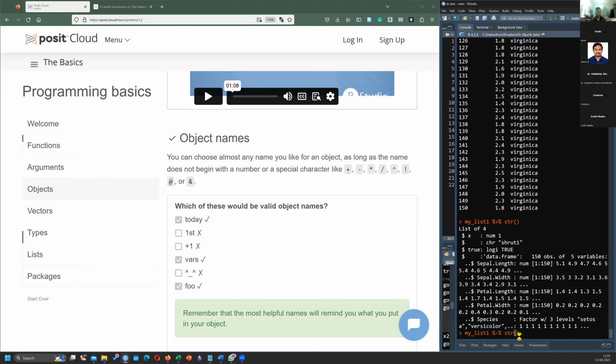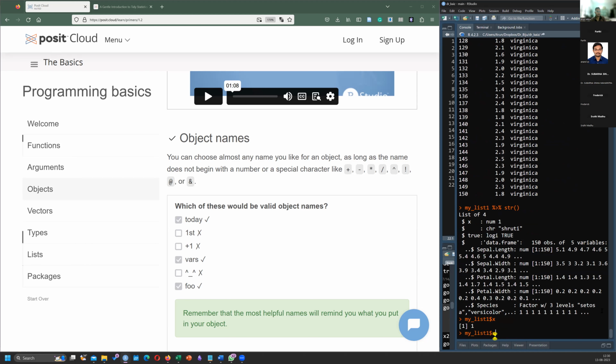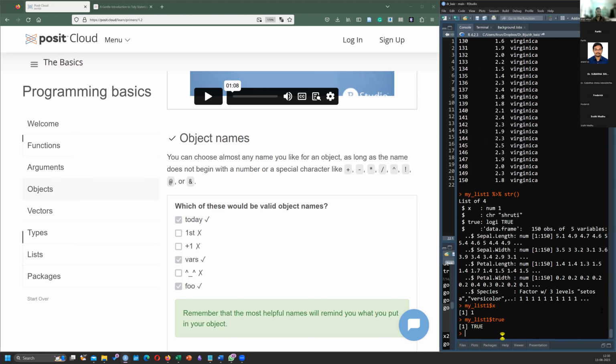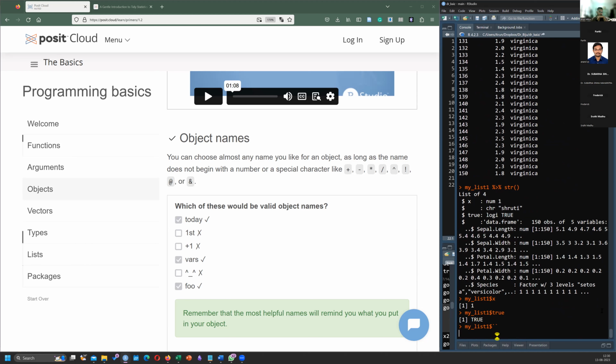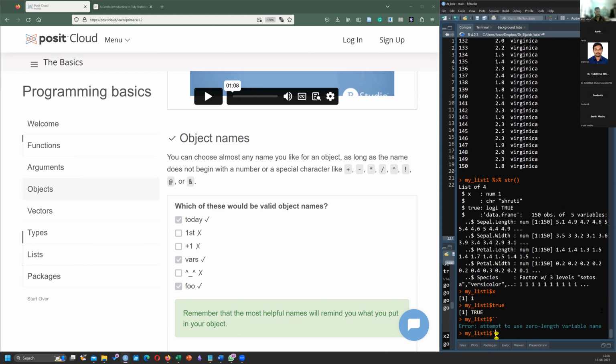Now if I say my list dollar, see what happened when I said my list dollar? It's showing the objects in there. It's turned on.